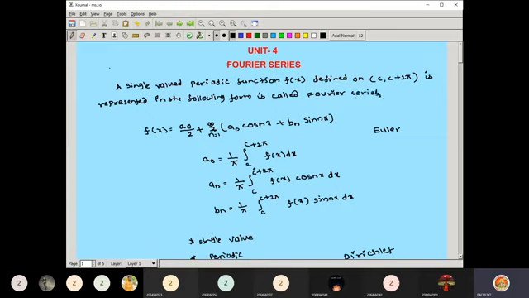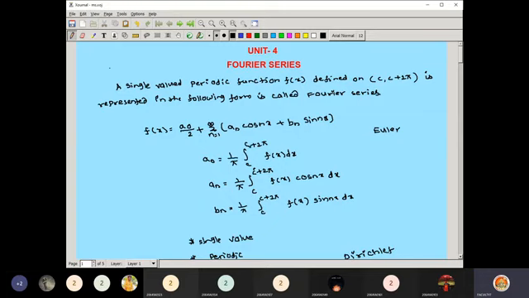Fourier, F-O-U-R-I-E-R, Fourier series. Next line, you write down this formula: f of x equal to a0 by 2 plus summation n equal to 1 to infinity within the brackets an cos nx plus bn sin nx,